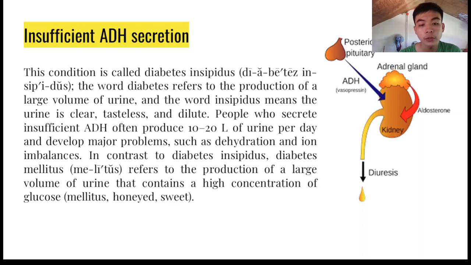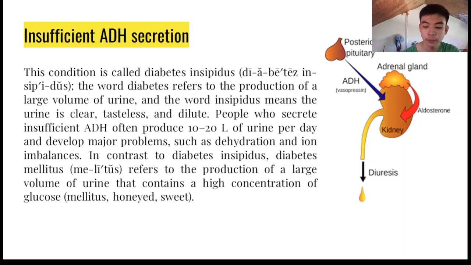In contrast to diabetes insipidus, diabetes mellitus refers to the production of a large volume of urine that contains a high concentration of glucose. When people have this kind of disease, he or she may suffer dehydration because the body has ion imbalances, which makes him or her feel